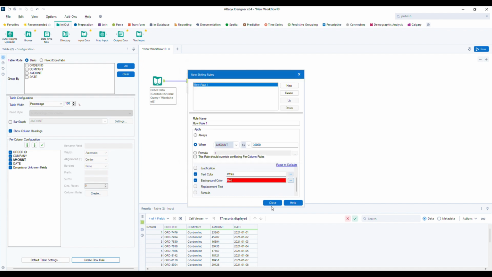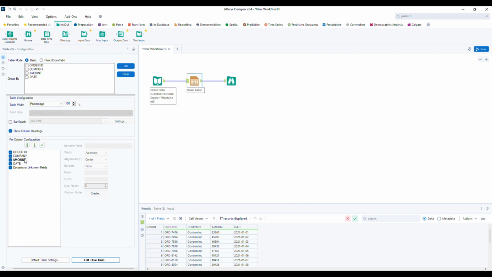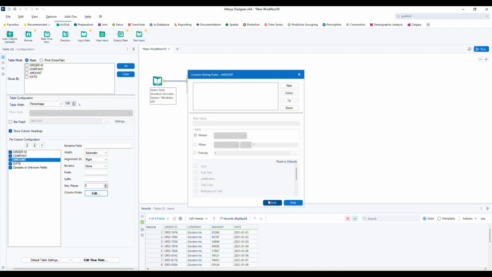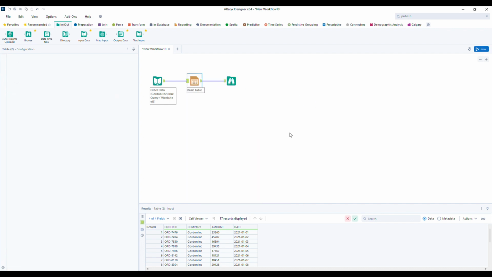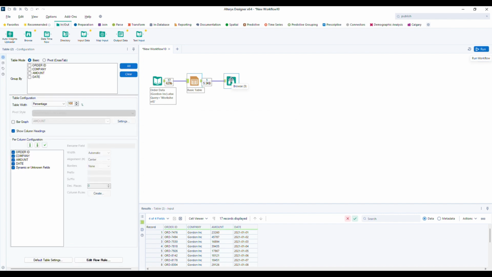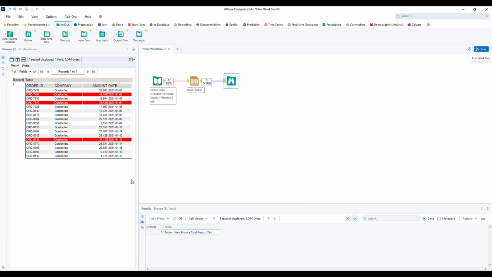So close. And here, don't forget to remove the existing rule. I have removed this existing rule, and click the run button and choose the browse tool. And yeah, this is the output. See, rows are getting highlighted based on our conditions.